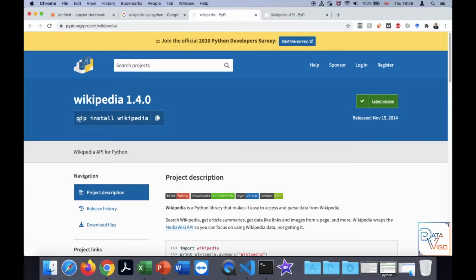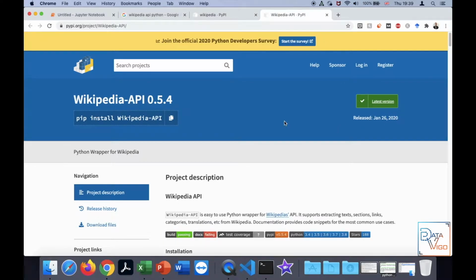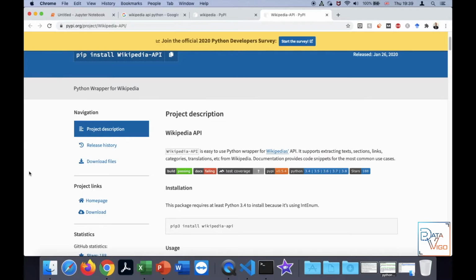Please do not forget that you need to install these two APIs first on your terminal, as I mentioned before. So there is a 2014 version, and there is a new version, and it seems that it's a different project, and that was released in 2020. But there are many similarities between these two.